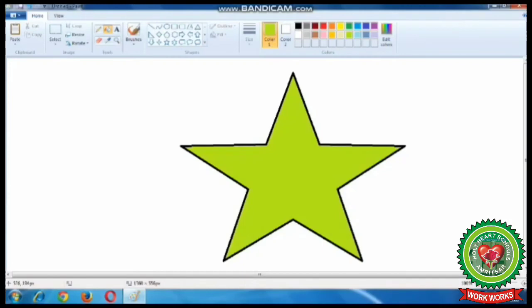Now see, the color of the star is changed. But children, I want to cancel this action. That is, I want the red color back in the star. For that, you have to click on undo option.